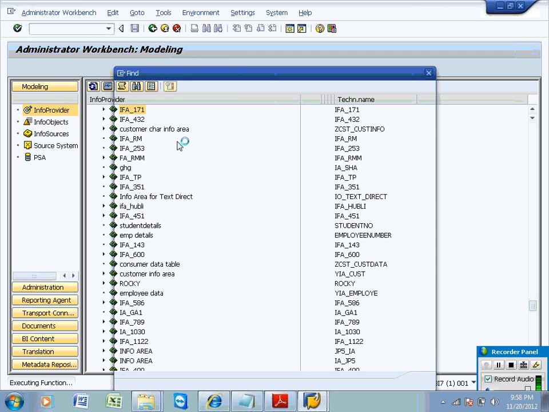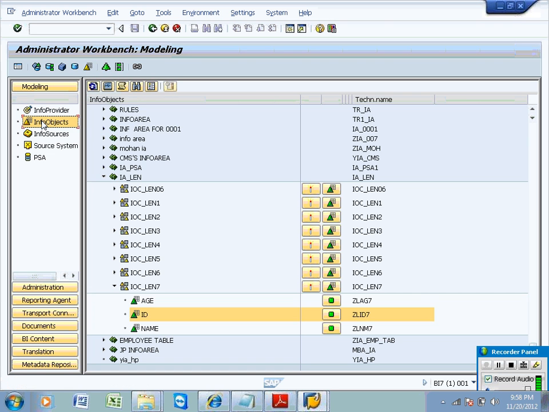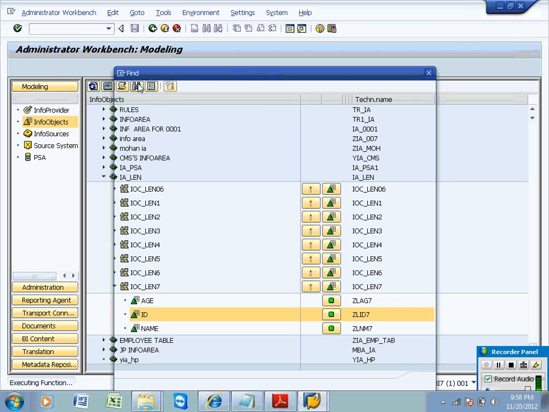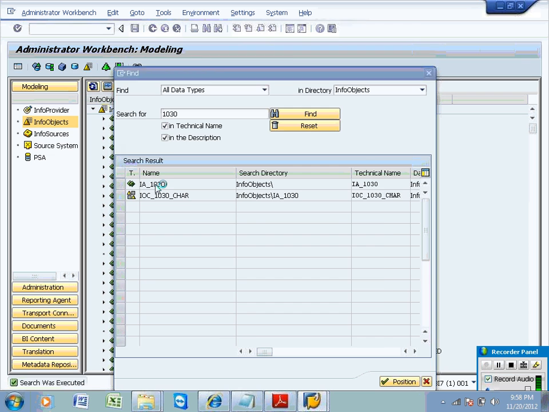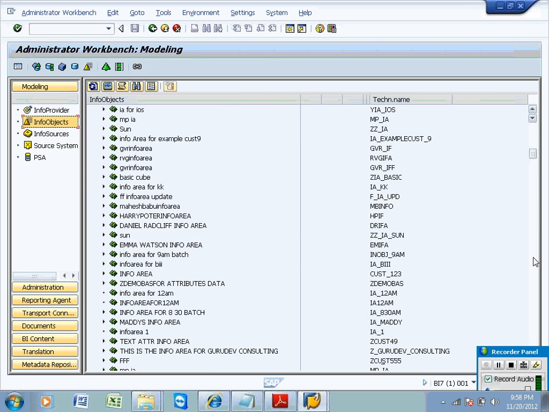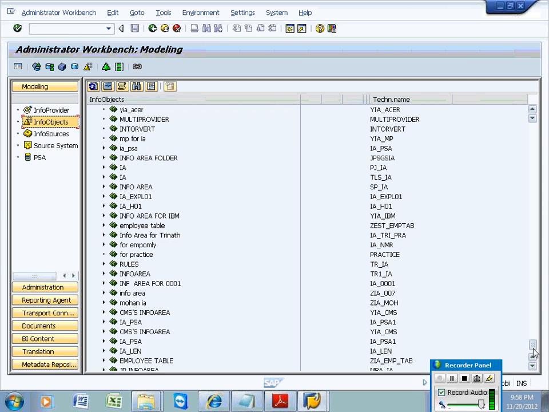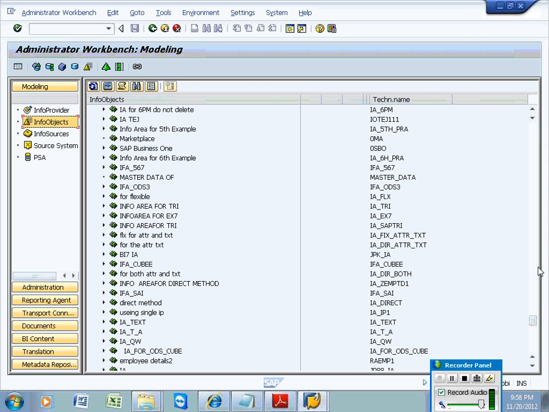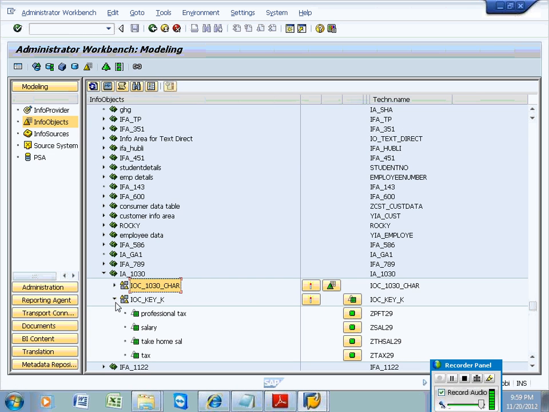Let me search for it. So we have a catalog of characteristics and a catalog of key figures.